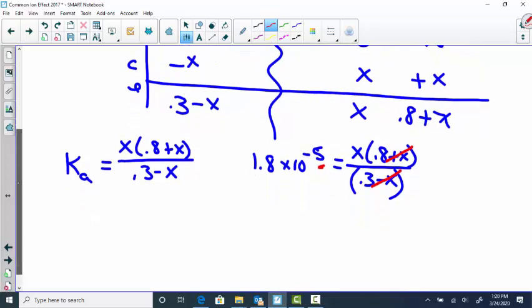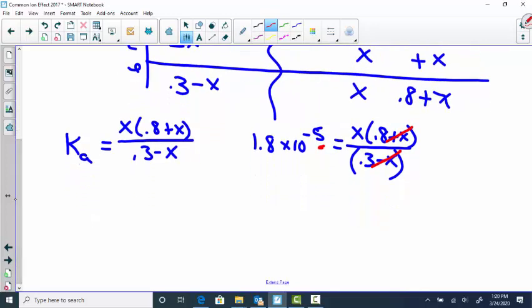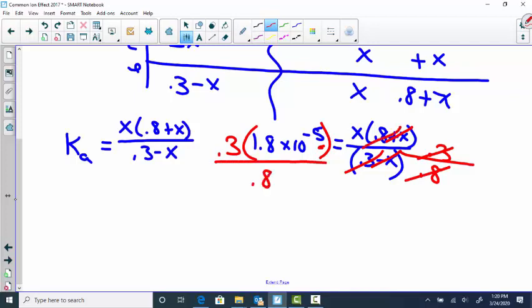So then, doing our normal algebra, which is multiply both sides by 0.3, which would get rid of that. So I'm going to multiply by 0.3, and then I'm going to divide by 0.8, which would get rid of that. So I'm going to divide this by 0.8. That is going to give me my value of x, which in this case,